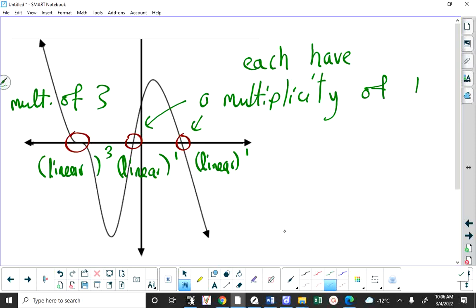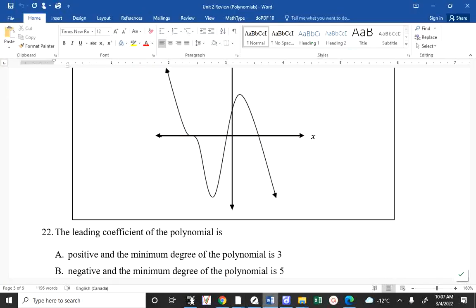Just a reminder that the sum of the multiplicities of all the factors will give you the degree of the polynomial. We would never use the word multiplicity for degree. The other thing that is kind of important about this question is solving it from a